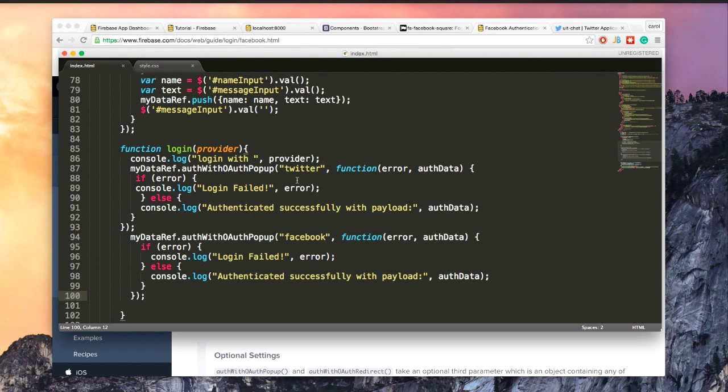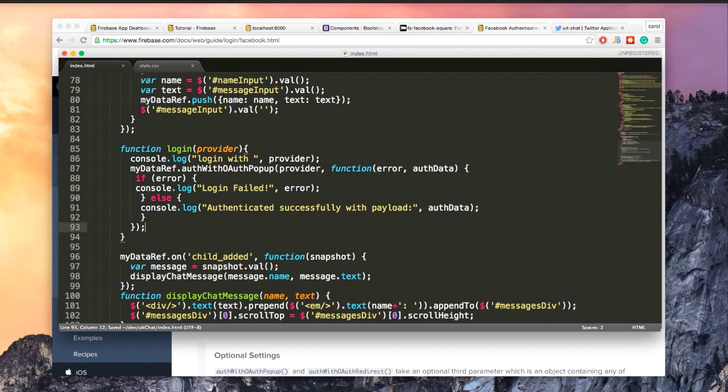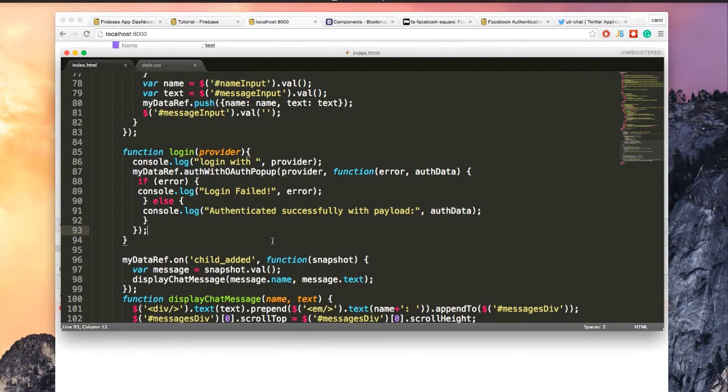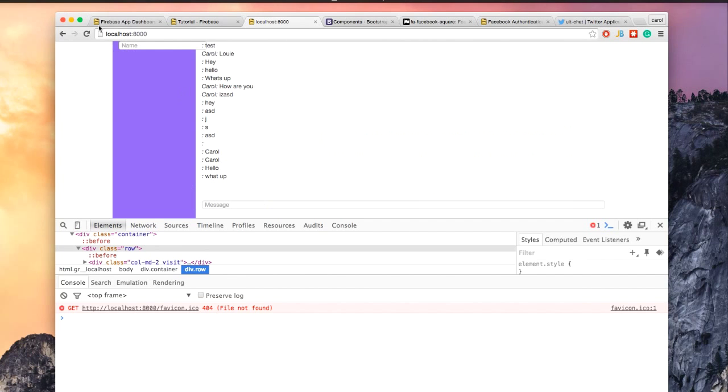Instead of saying Twitter or Facebook, it makes more sense to use the provider variable that we've created earlier. And then we can just delete this excess code here. And we can clean this up. Awesome. So that does the exact same thing, but with less code. So now if we save, restart the server, and refresh,